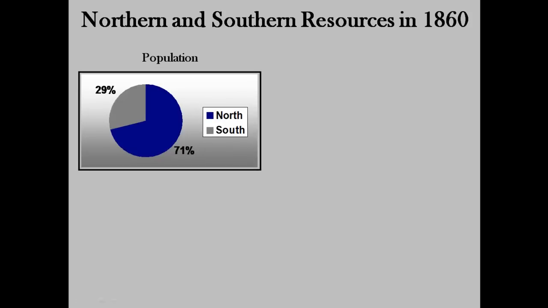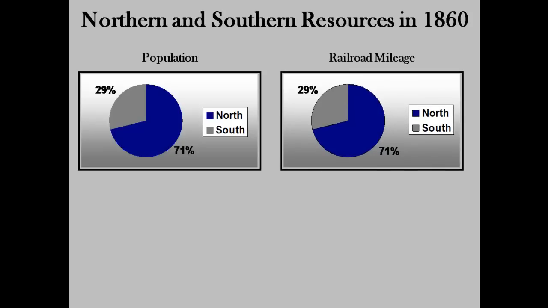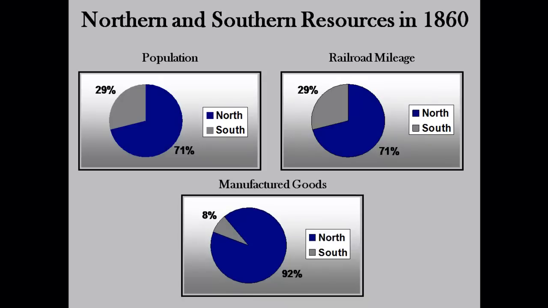As men went off to war in 1861, each side had their own advantages, but the North seemed to have the edge. There were 22 million people in the North and only 9 million in the South. Of the 9 million Southerners, about a third of them were slaves, and slaves were never permitted to fight in the Confederate Army during the war. The North had superior transportation networks, with over 70% of the American railroads. The South produced less than 10% of the manufactured goods. This would be a major disadvantage for the Confederacy during the Civil War.